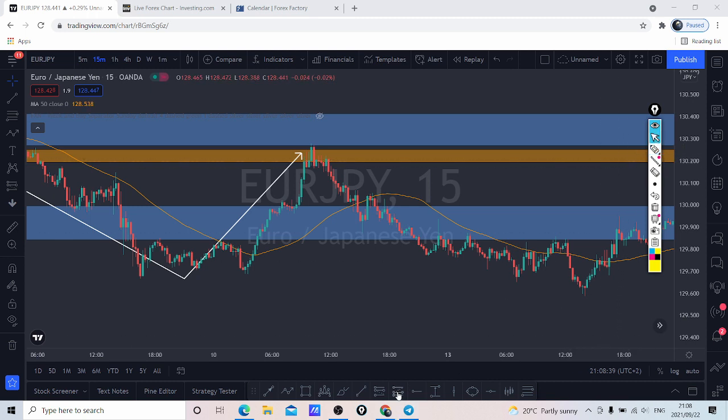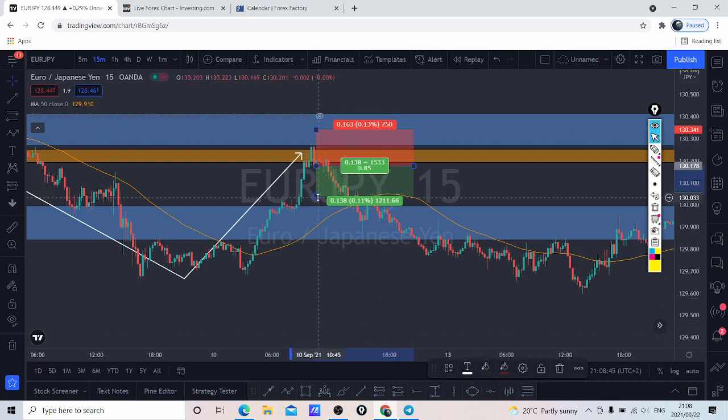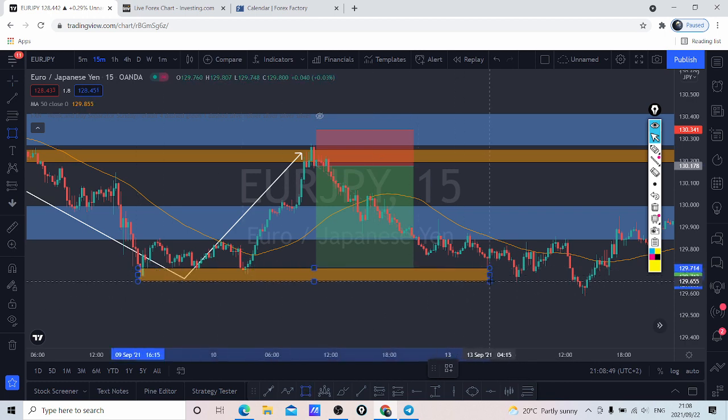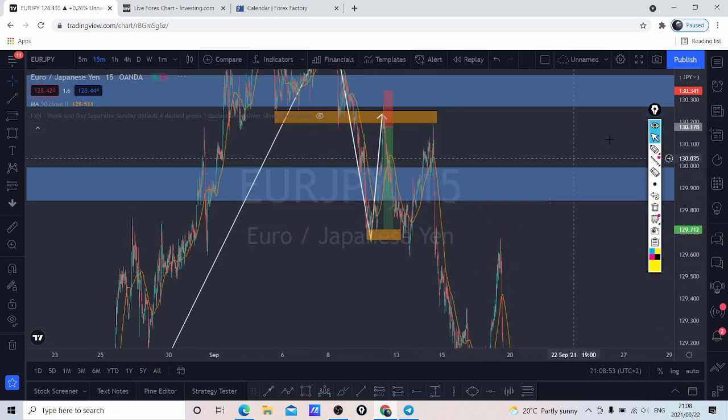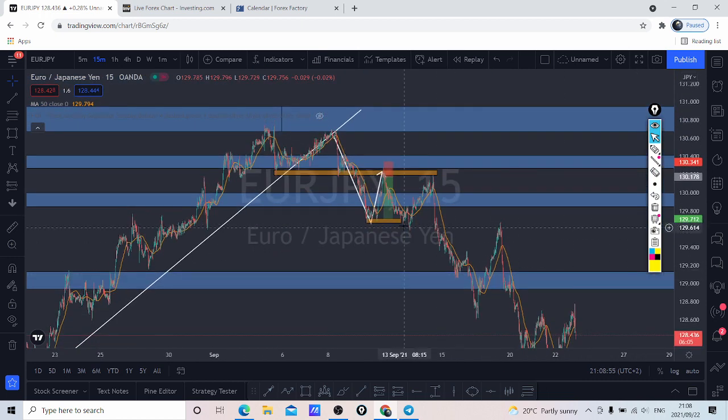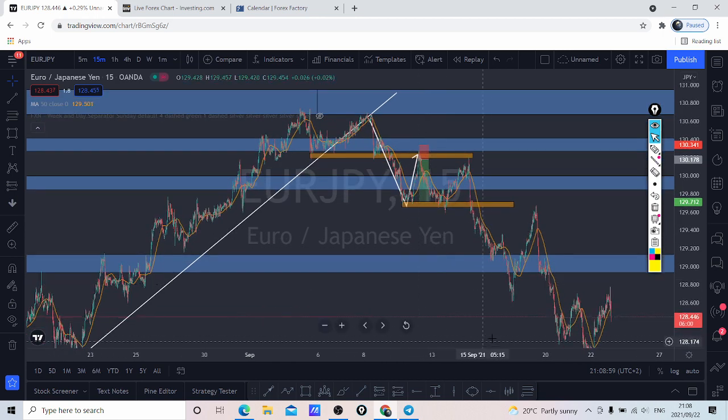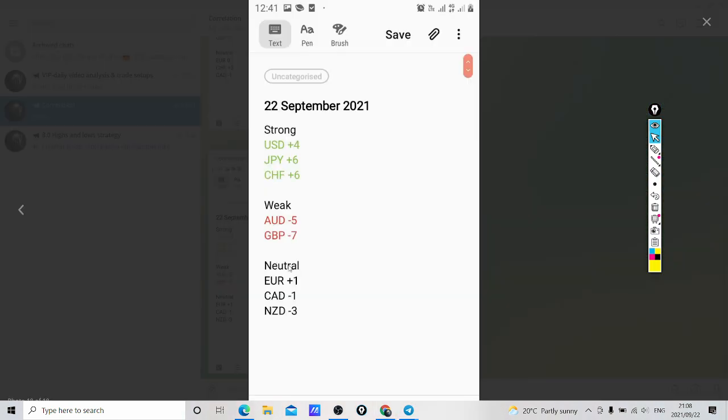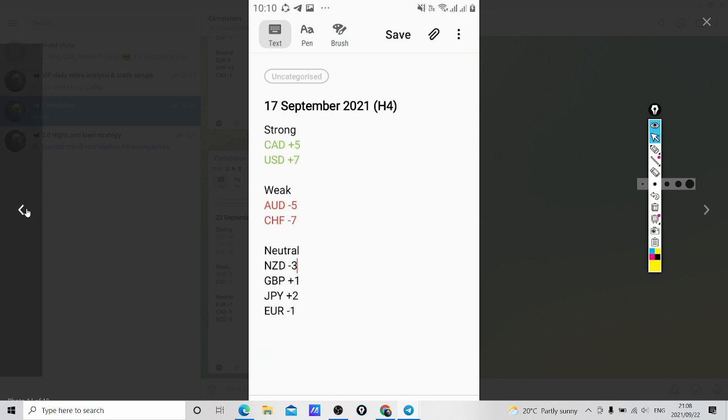Okay, that's when I took my entry, boom, stop loss above, and then the first TP is supposed to be here. That's your first TP. You can hold for the day and then close your trade. But if you know that these numbers are still telling us to look for sells, okay, previously the market was also giving us